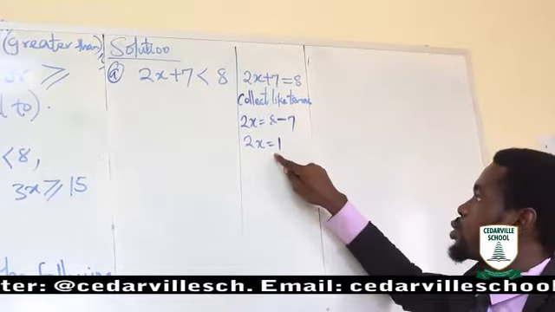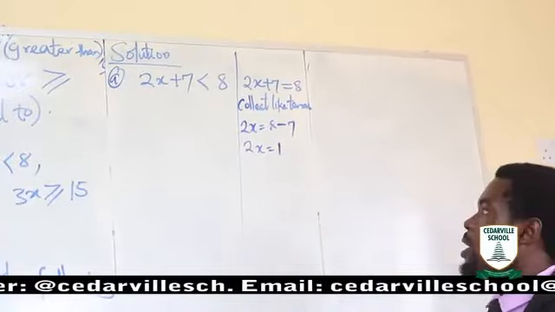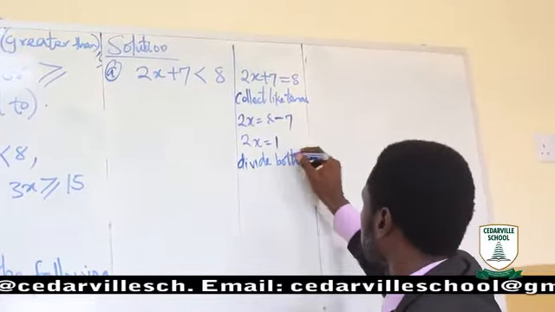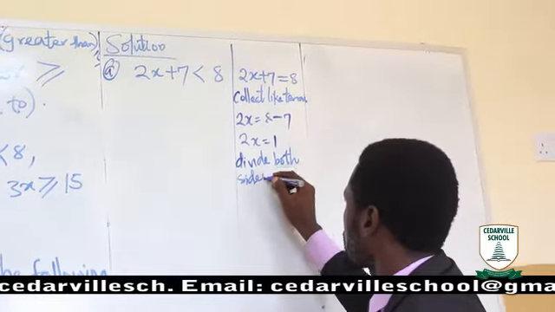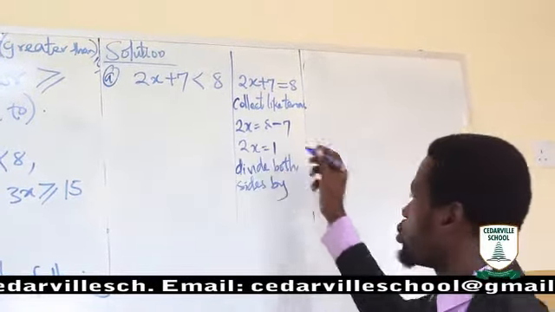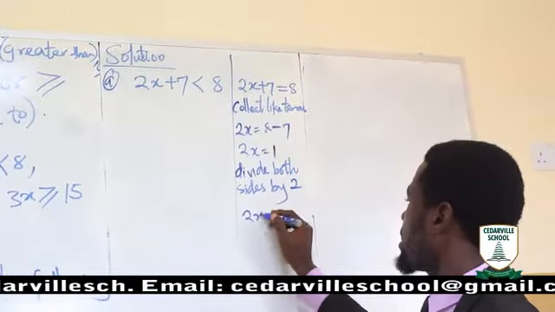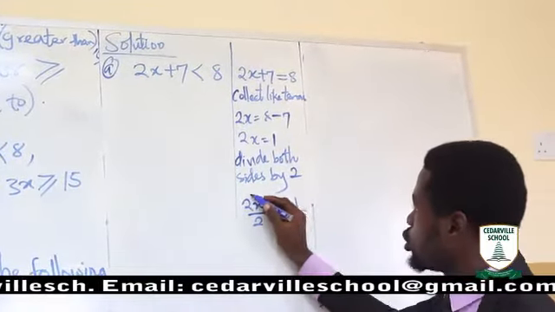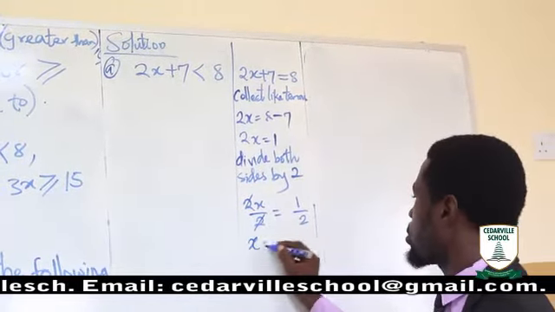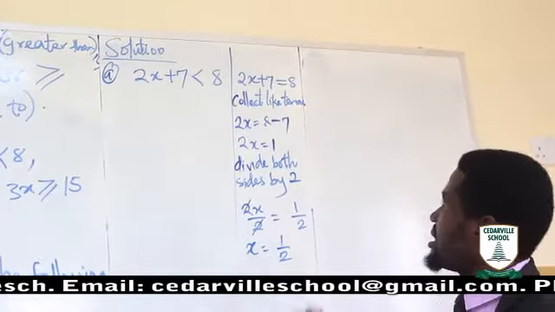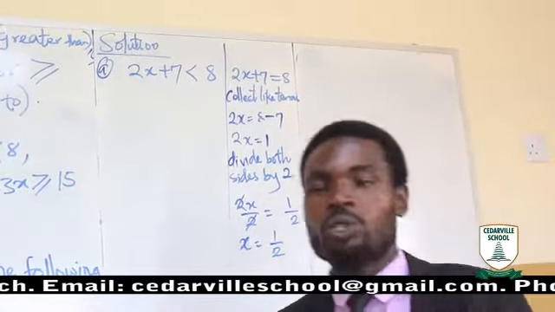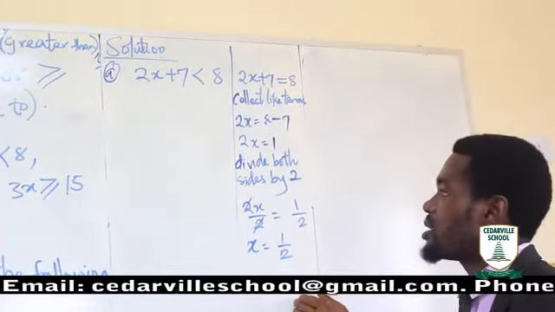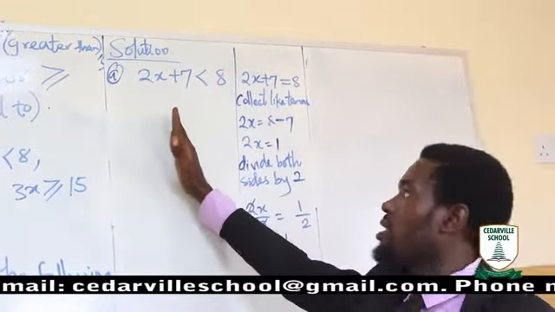So if 2x equals to 1, then what is x? You should know that we are going to divide both sides by what is standing with x, which is 2. Then I will have 2x over 2 equals to 1 over 2. You can now see that 2 cancels 2, then x equals to 1 over 2. This is how to solve the simple equation. I want to tell you now that the same way we solve the simple equation is the same way we are going to solve the linear inequality.